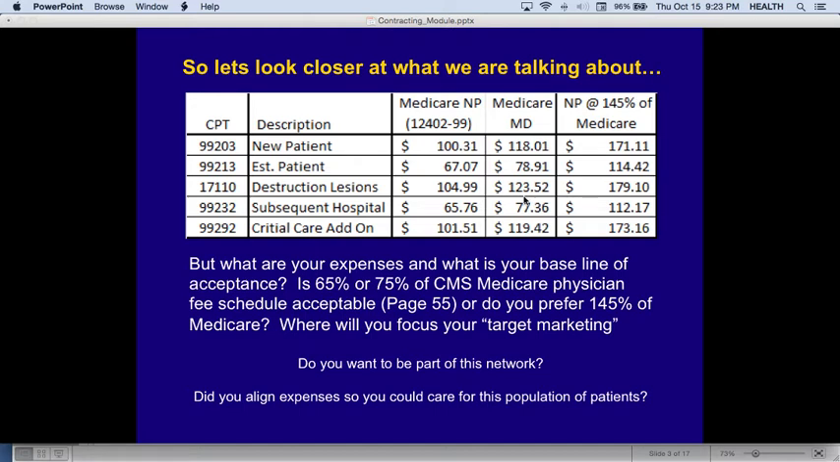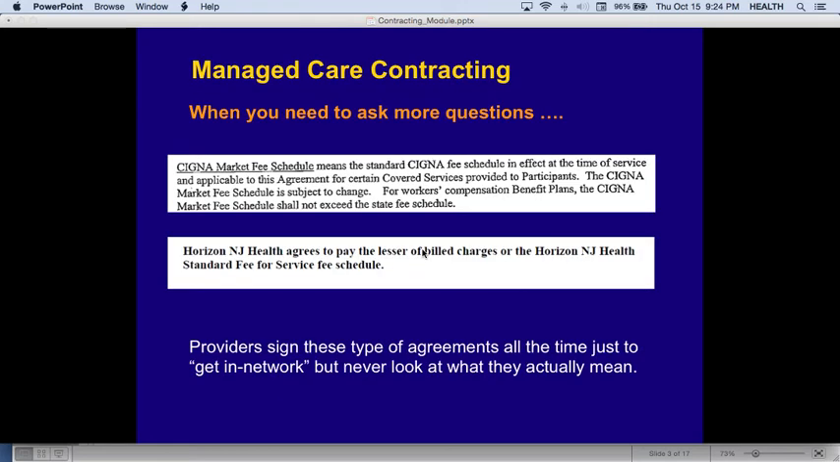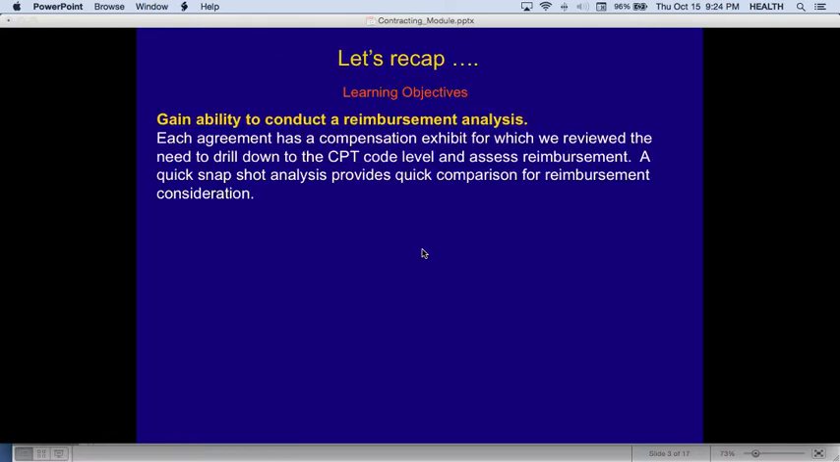You've got to go through and start looking at it at a CPT code level of what you do the most in your practice and look at what the rates are and what you're getting paid. So it's really important to make sure you know what that all means. So it is very quick on the reimbursement. I didn't want to go into much detail at this point on it, but I wanted to show you that this